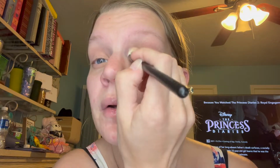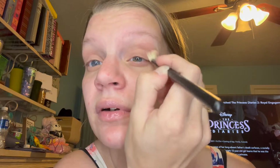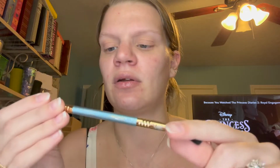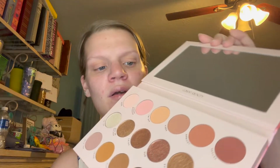Alrighty, so you can build up the color on these, which is really nice. It's not like straight up pigment on your eye and you have to blend it out, and it takes 45 years to blend. So I'm just dipping back and forth into those two shades. Alrighty, so with a smaller brush, this is the E38, it's double-ended. It also has the E54 shader, which I'm probably going to use this side as well. I'm just going to deepen that with these two, Vibes and Apricot. And then I think I'm going to put Sakura on my outer corner. I don't want to go too deep today